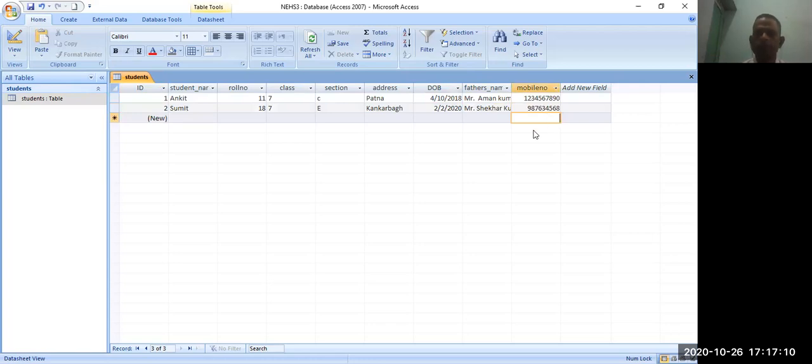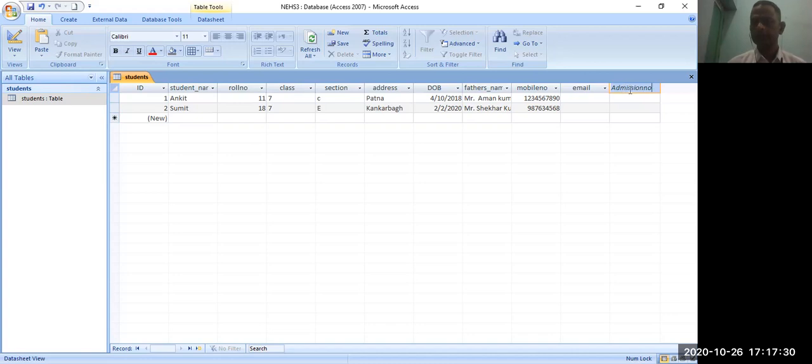If you want to add more columns, you just need to write down the column name, for example email, here and press enter. So now you are able to add email, another column, and admission number.